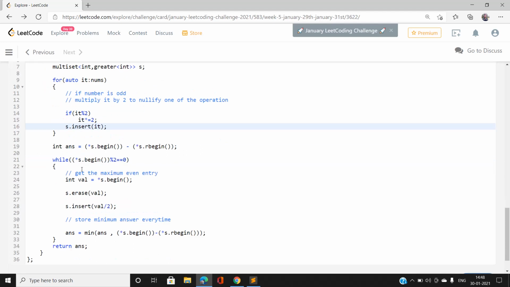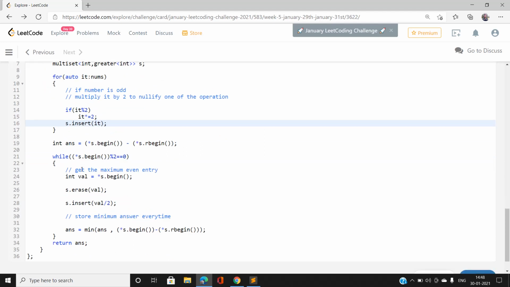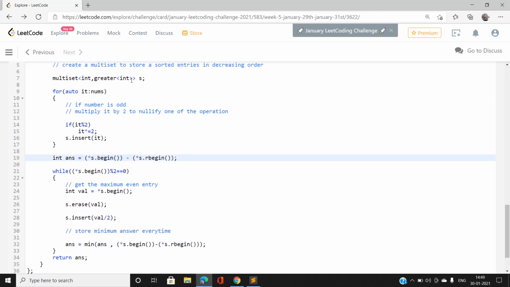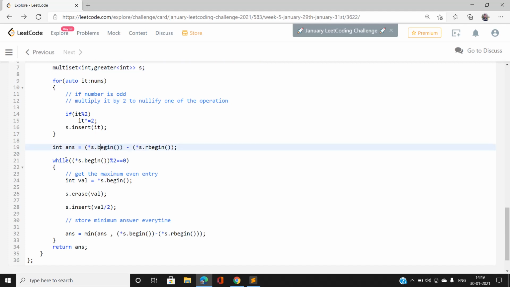Now our current answer, if we have not done any of the operations, is our maximum element minus minimum element. S dot begin is our maximum, S dot end is our minimum. Note that we have put a comparator here which will store the elements in the multiset in decreasing order, so the answer is S dot begin minus S dot R begin star, which is actually the difference between the maximum element and the minimum element. So I'm going to iterate, I'm going to pop out the maximum element when the maximum element